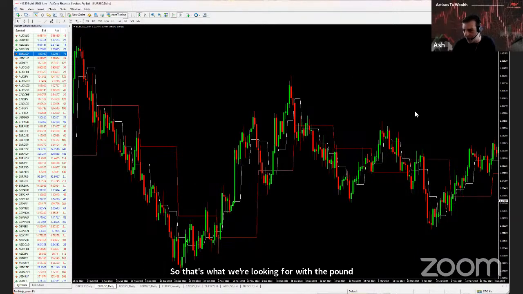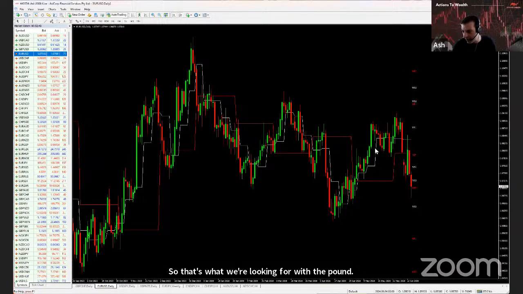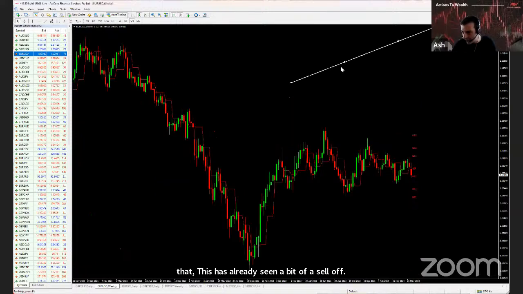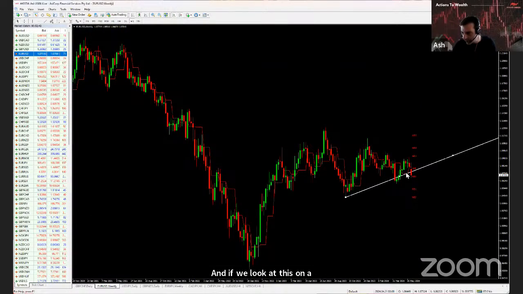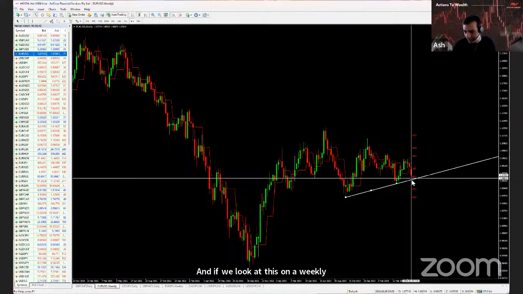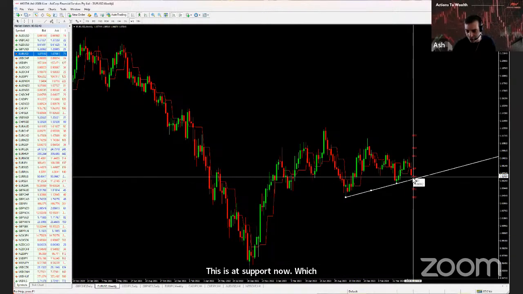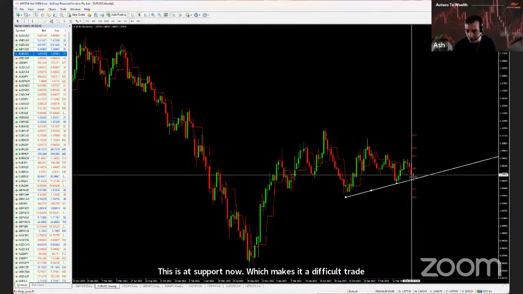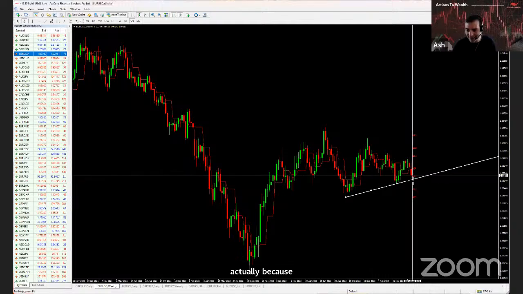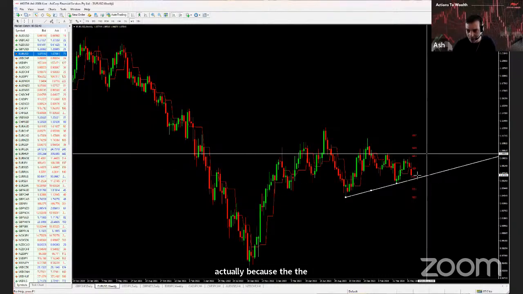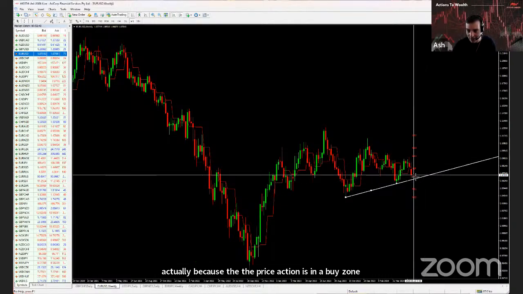Now the difference with the euro is that it has already seen a bit of a sell-off, and if we look at this on a weekly, this is at support now, which makes it a difficult trade actually, because the price action is in a buy zone. The CPI data